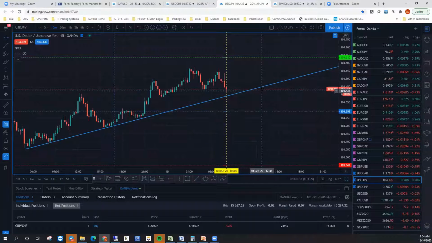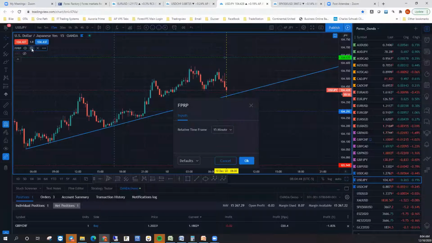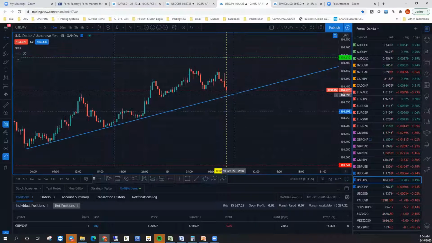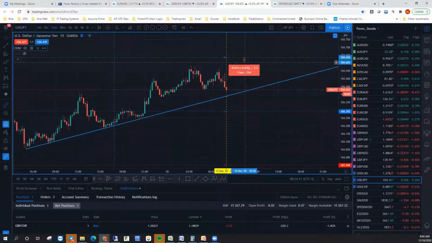Here's a blue Fibonacci. It's right now crossing over the red, and right in between here, you're going to see that these are about 60 pips apart, I believe. No, actually, these are going to be a little bit less than that. This is the US yen. These are about 20 pips apart.